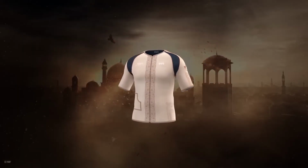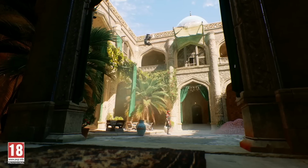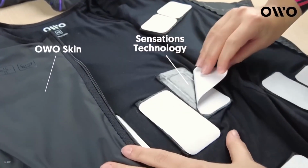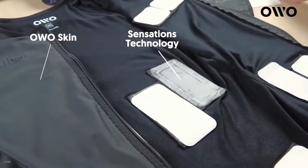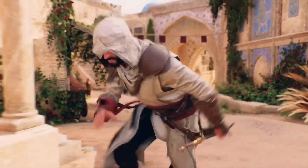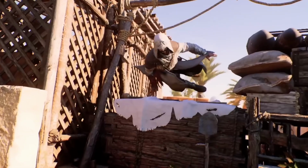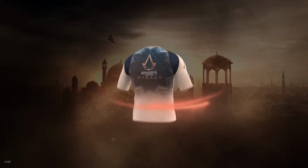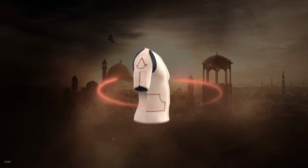Ubisoft has unveiled a tactile feedback suit. The short-sleeved t-shirt was created as an exclusive suit for the upcoming Assassin's Creed Mirage game. Ubisoft designed it in collaboration with a tech company from Spain. The design is oriental with an assassin logo. According to the makers, the shirt will help convey the feeling of the main character, Basim, on his journey to